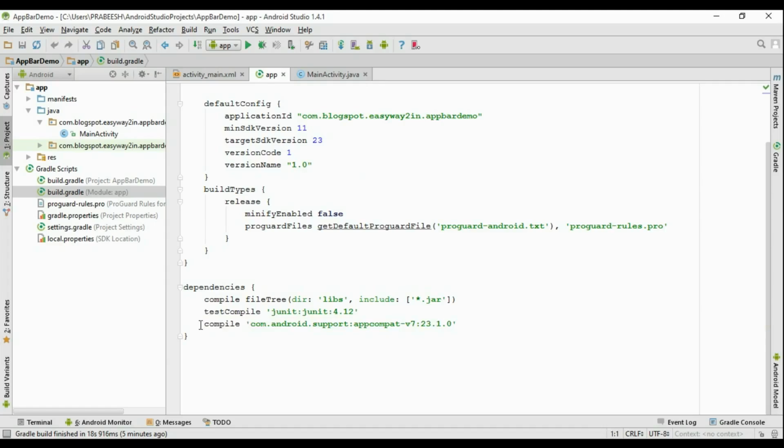Here you need to add a dependency. Here you need to add this line. You have to add the appcompat v7 support library. This is for getting support from pre-lollipop devices. So you have to add this. If you use the latest version of Android Studio, this will automatically add it. Okay, so now go back to the